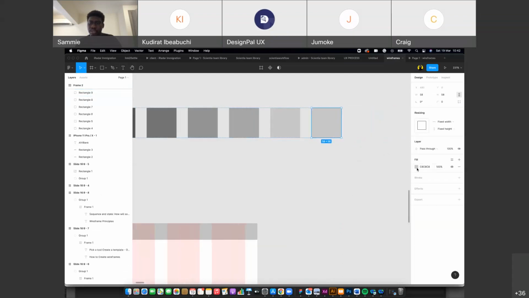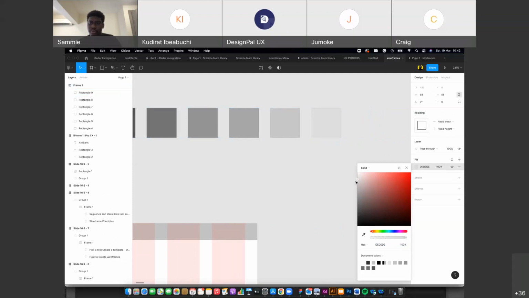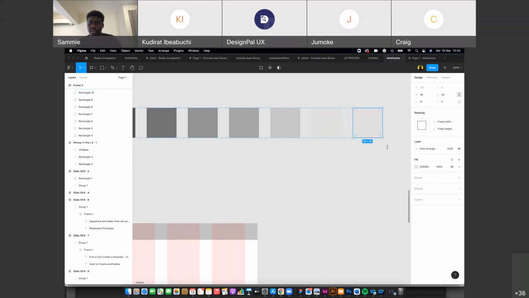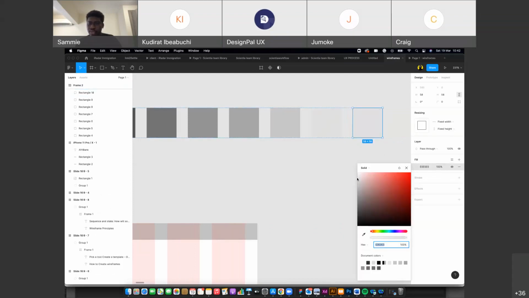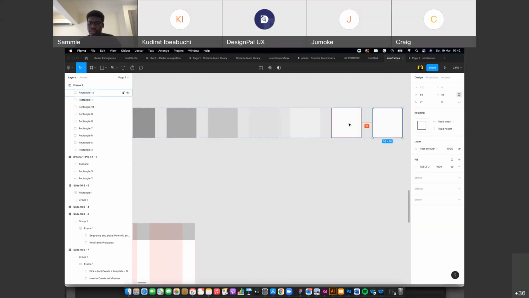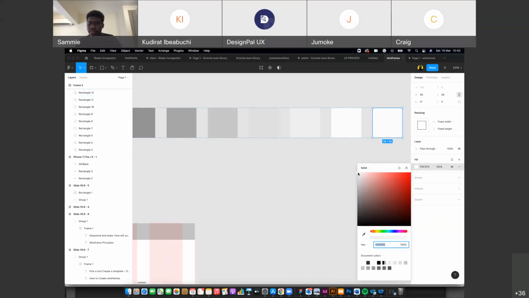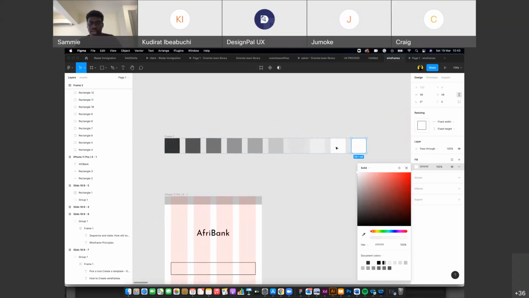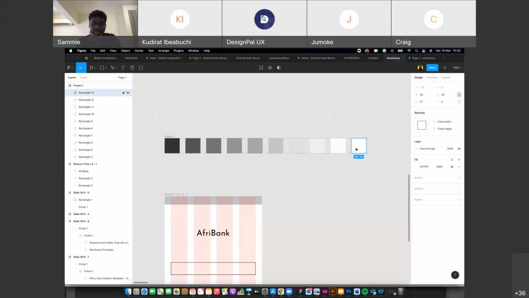So let me just finish this. And almost there. Might not be as perfect, but it's close. I also go to white. Okay, we still have one that is not as white. We can have this one to be white. Yeah. That's one way. And when I do this, I label